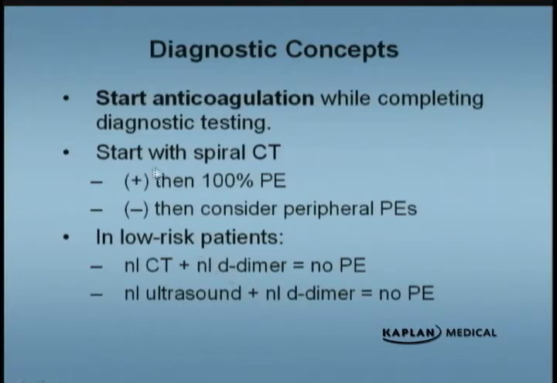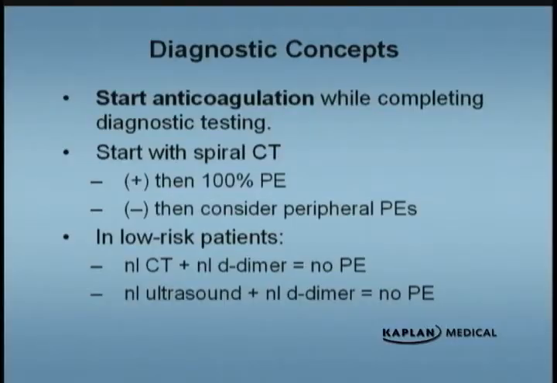I said right now, most of the people, 90%, when you're thinking about pulmonary thromboembolism, you start with a spiral CAT scan. If they tell us that it's positive for PE, that is true. That is a true positive 100% of the time. If you visualize a spiral CAT scan and it's positive for PE, it's positive PE. There's nothing else. You treat it and you go no further. You treat it for pulmonary embolism. If it's negative,